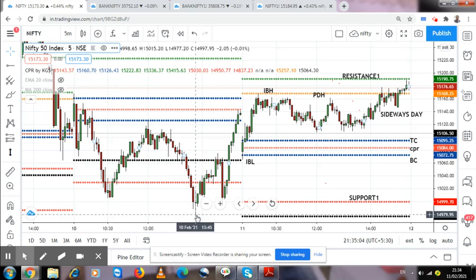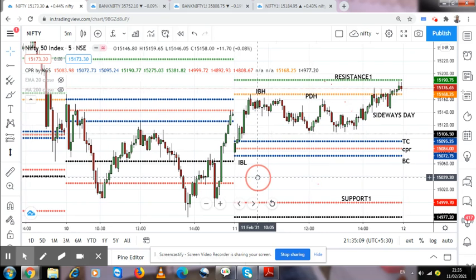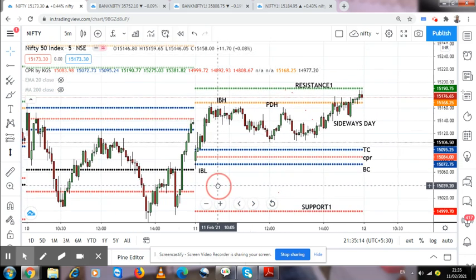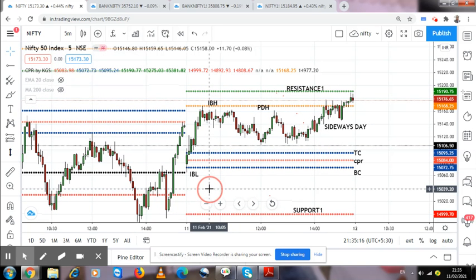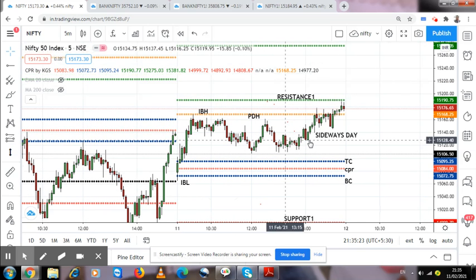So usually what happens for the central pivot player, if the previous day is a wide range day, the next day is probably going to be very sideways. Today we also saw it was a kind of sideways play. So tomorrow what I am expecting is the price may move on either side. It is going to break on the upper side, or it is going to break down